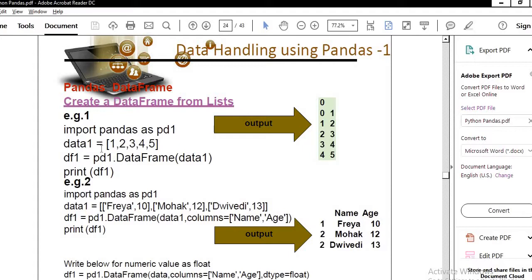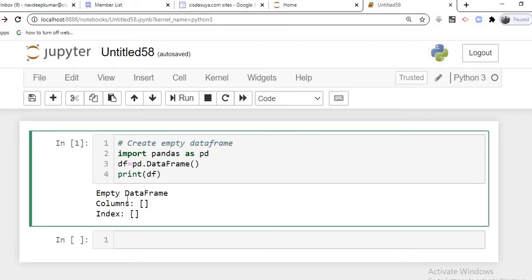This is the first step. Then this is the data in the form of a list, and then we have just printed that data frame. In the data frame we have supplied the first parameter, data, only. We have not supplied index and columns. So we will first try this simplest method practically side by side, because the practical part is equally important.